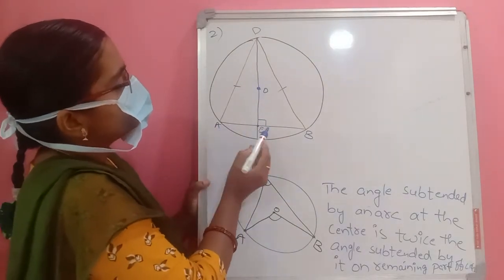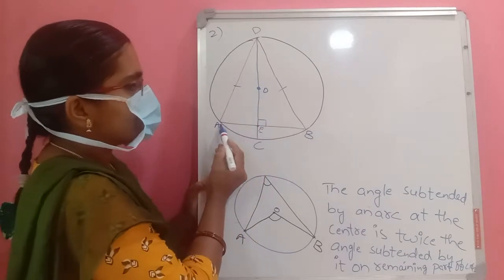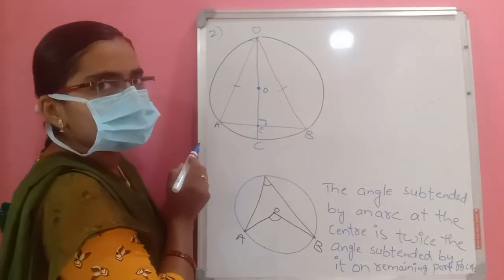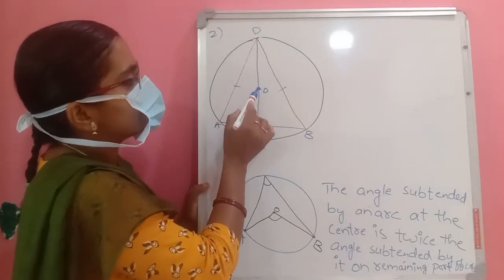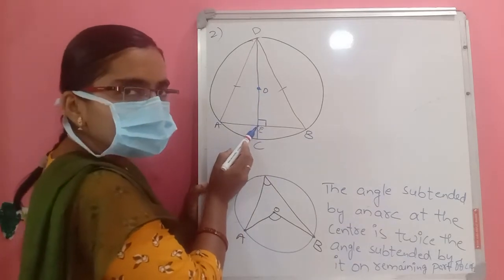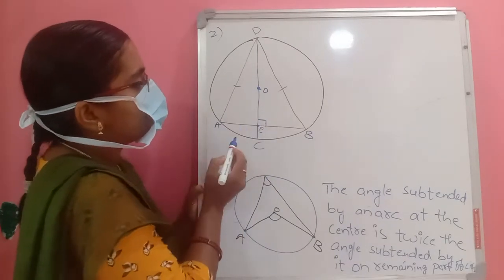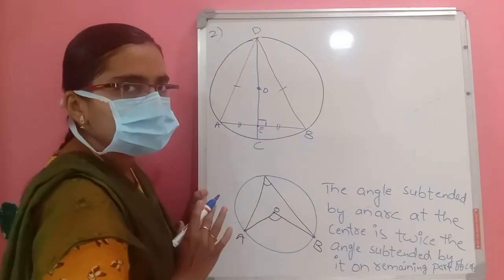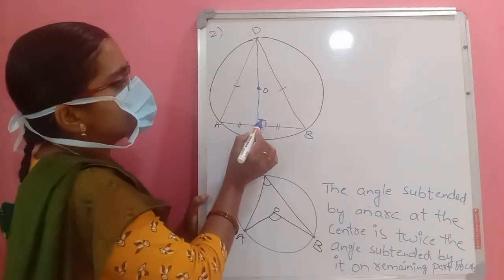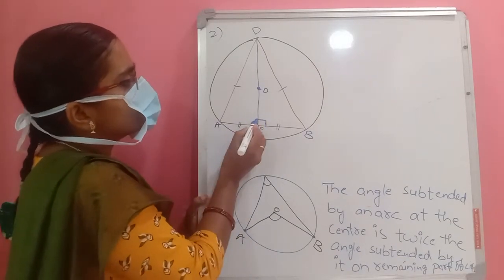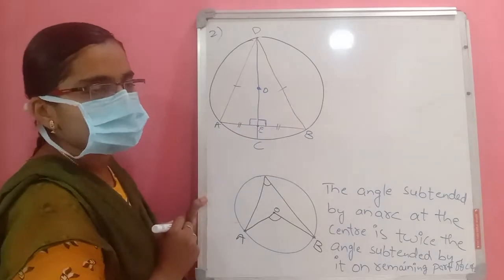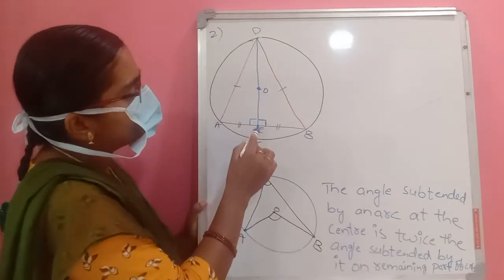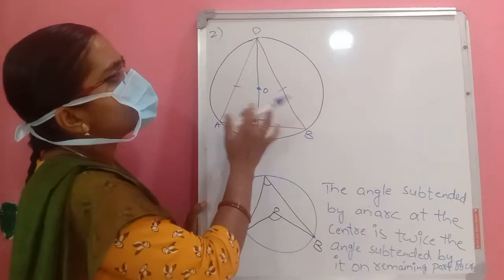Here, this is a perpendicular line. AB is a chord and here they have given this as 90 degrees. Means from the center of the circle we have drawn a perpendicular line. So a perpendicular line bisects the chord, means AE is equal to EB. We know that. Next, it is making 90 degrees here, means this side also it makes the same 90 degrees. Means one angle is the same. Next, DE is a common side for both the triangles.